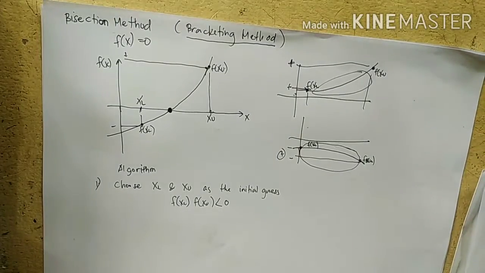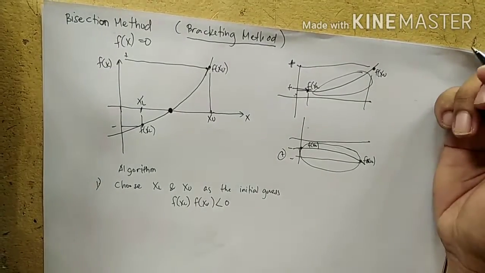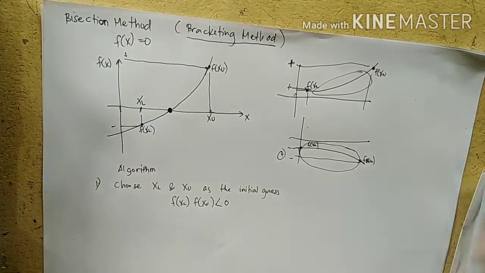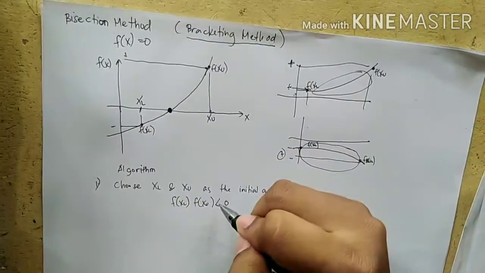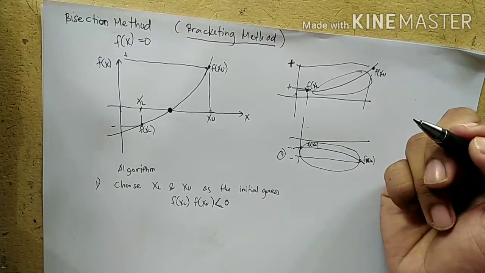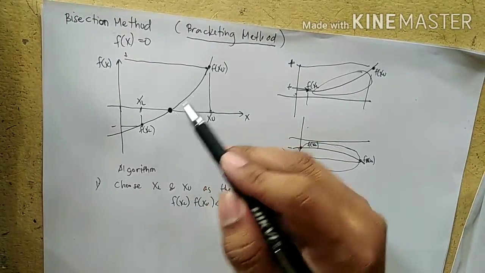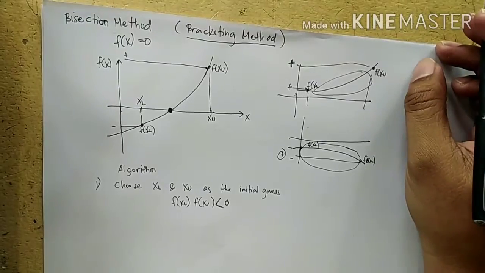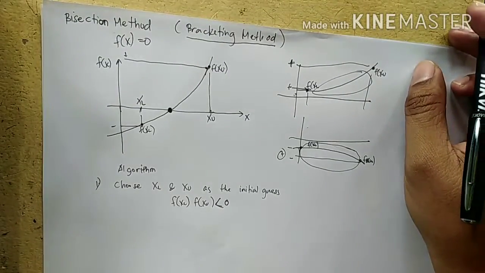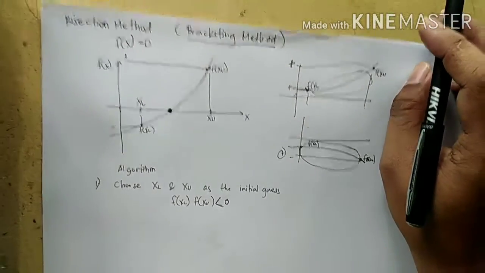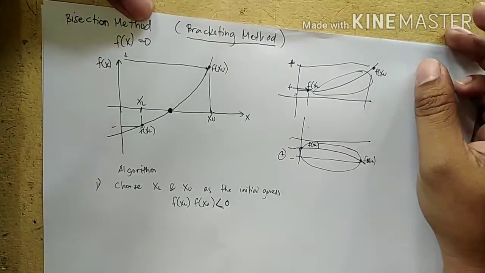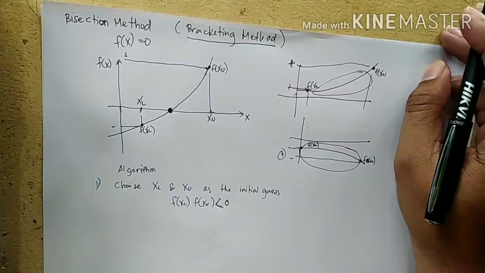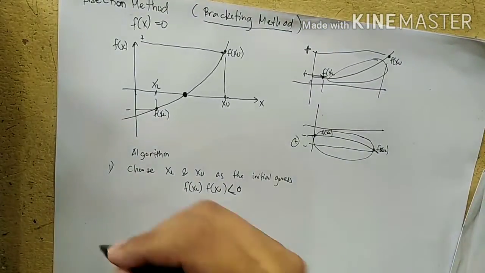So if you want to find the initial guess, the product of f of xl and f of xu should be less than 0, so that you can find the root of the function in between, and you can also confirm whether there's a root between x sub l and x sub u. So number 2 is